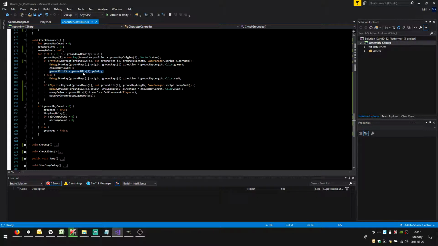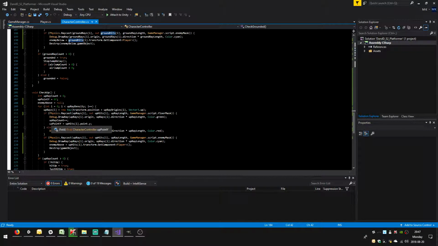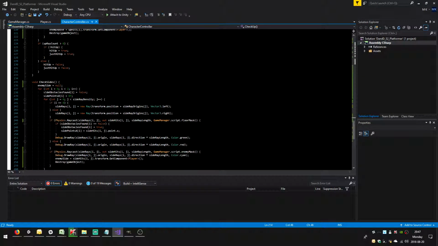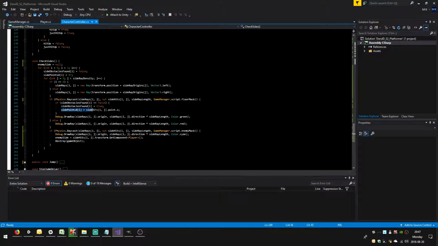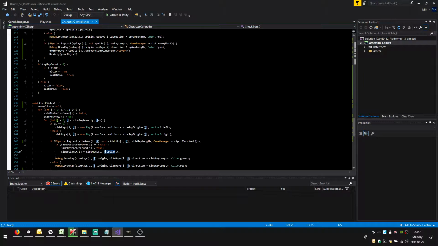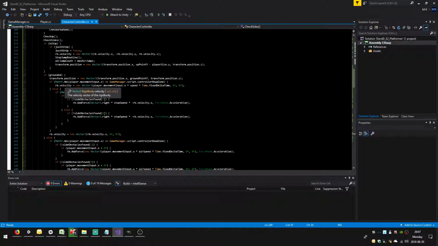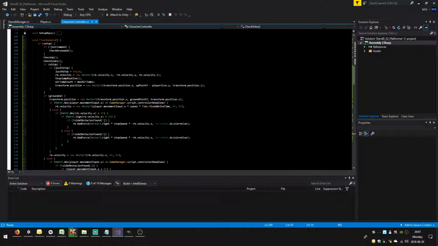So here you have the ground point y being ground hits I, for the up you have ground up point y, up hits y, same thing. And then for the sides, both points get nulled to 0 first, and then they get applied based on the hit point x, same thing. So now we have all of these points that we can use, right? The problem is that for when we are above, that would be the point in which we hit the thing, right? We need to check the